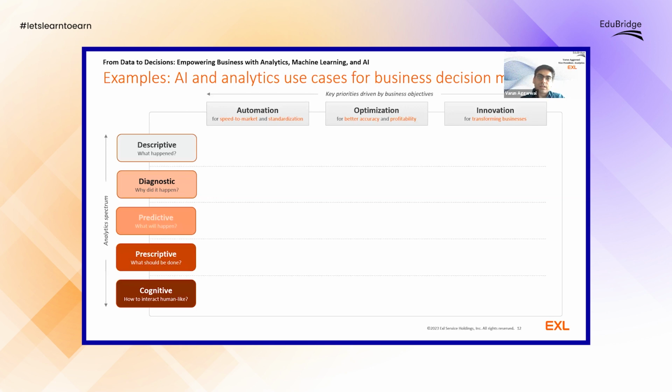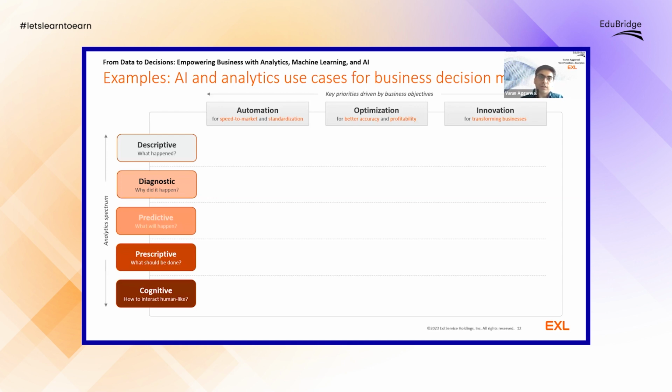Right? So by automation, I mean that whatever jobs are repeatable, if you want to make them more and more mechanical in nature and automated, that will come under this section. And it's mainly driven by speed to market and standardization objectives. So speed to market essentially means that if a particular business doesn't go to market at a pace, then a competitor may come and it may lose that advantage of, say, the first few players in that particular industry.